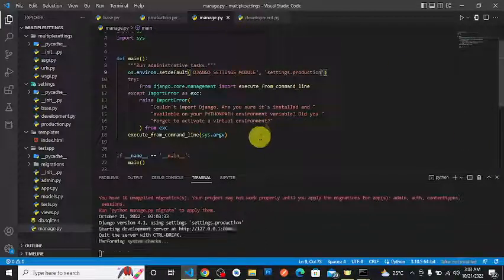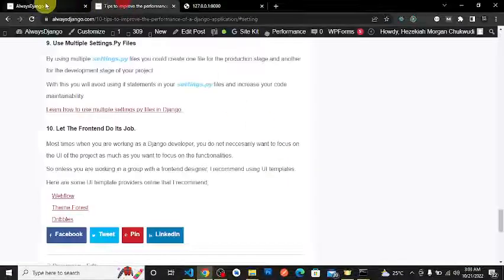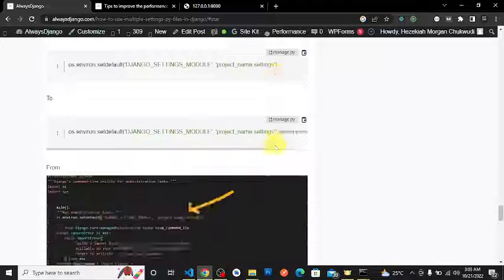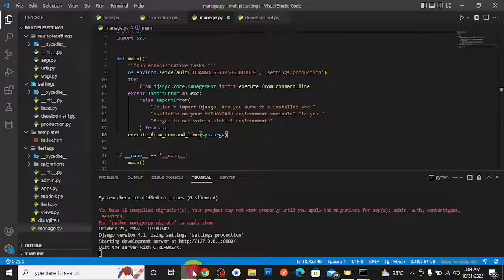So now you can push this code to the production environment, and you just had to make this simple change. Right now, if you want to run on alwaysdjango.com, you see it here, how to specify the settings file to be used for your Django commands. If maybe you are in a haste, you are in a hurry,